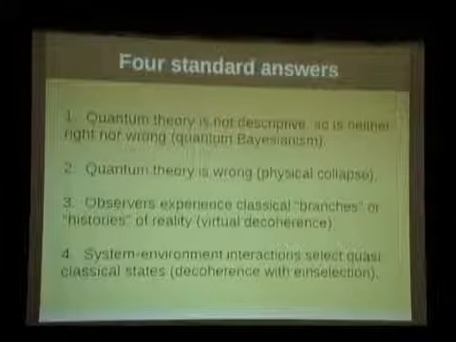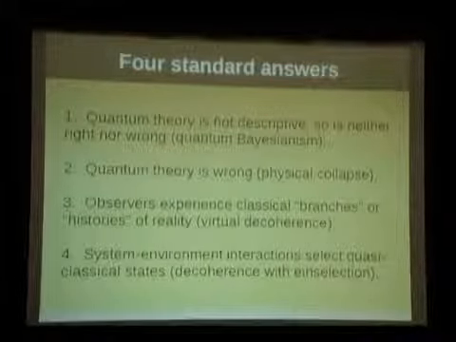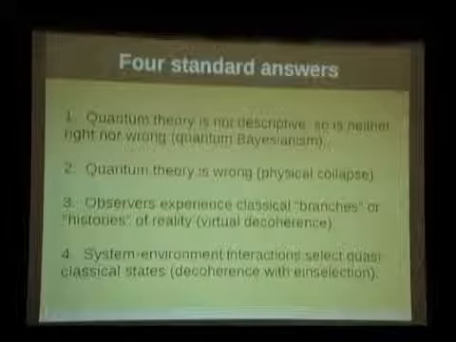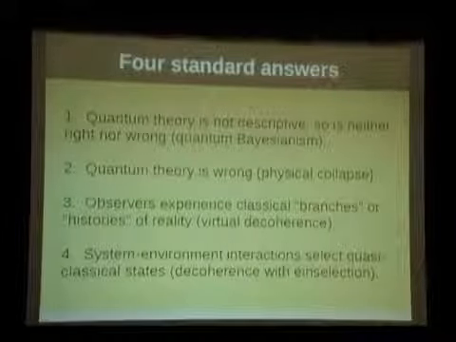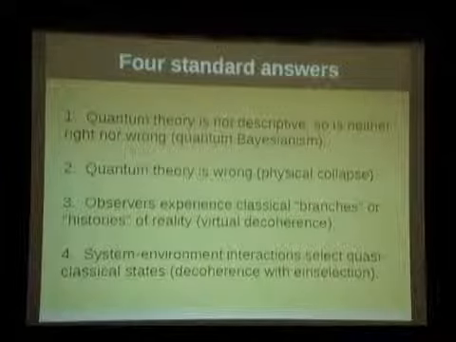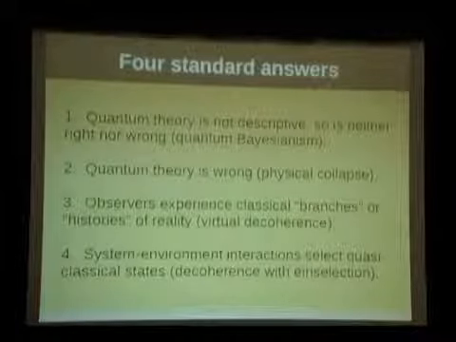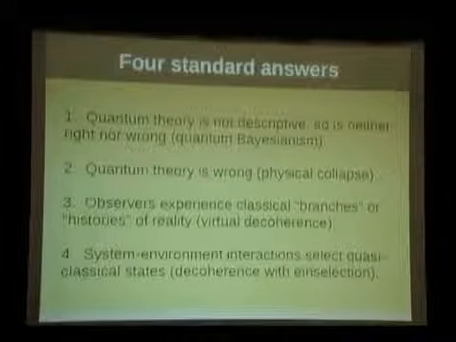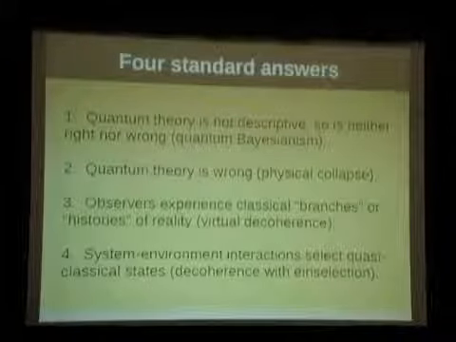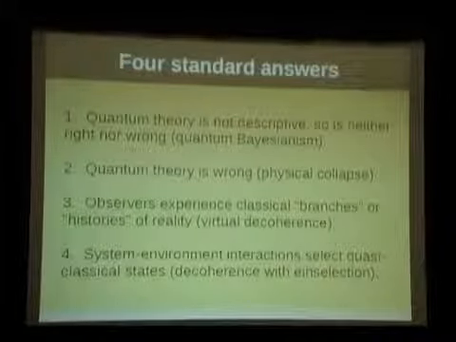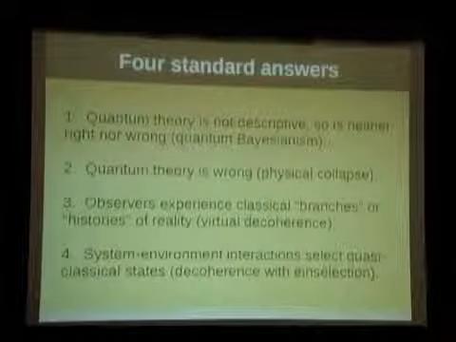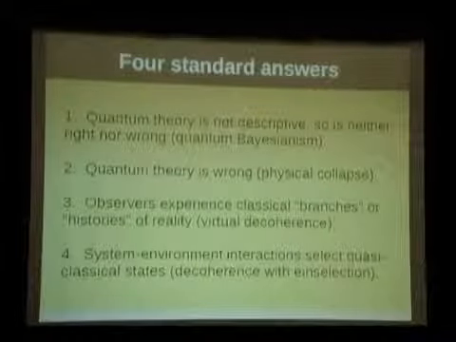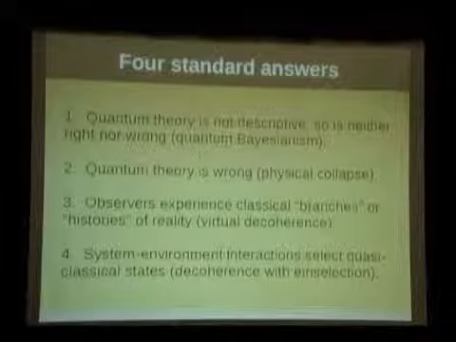The third option, which has been referred to as the multiple worlds interpretation, is the notion that quantum theory is right, but what we observe are only particular sort of branches or histories of the universe. And this is associated with people like Dieter Zeh and David Deutsch and Max Tegmark. And they tend to use a graphic to explain this. It looks like sort of a film strip that divides. There's a movie going on, and then it divides, and the movie turns out a little bit differently in the two branches. And I'm going to try to convince you that that picture can't possibly work,